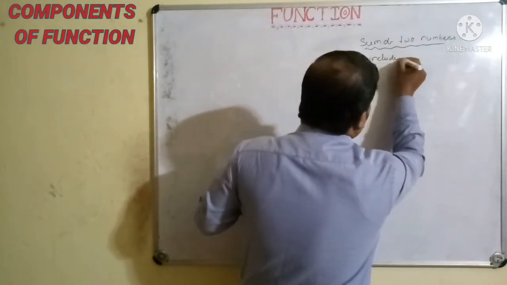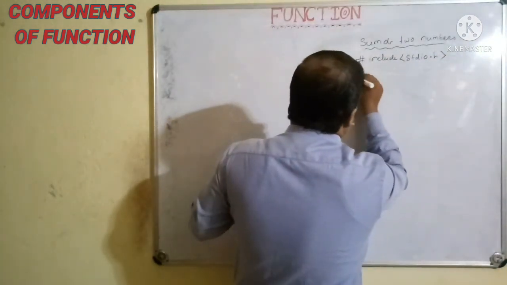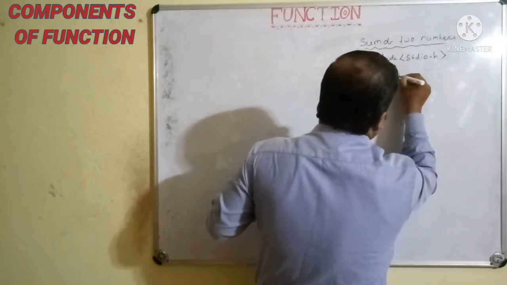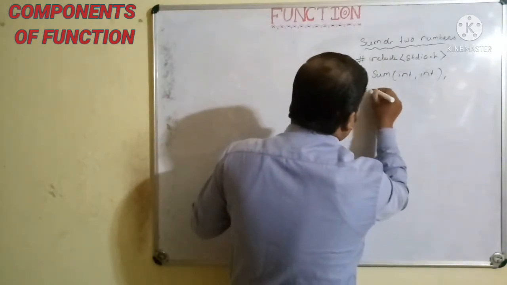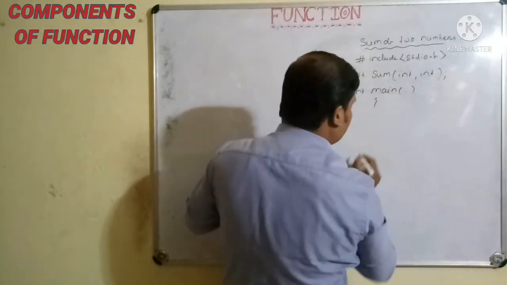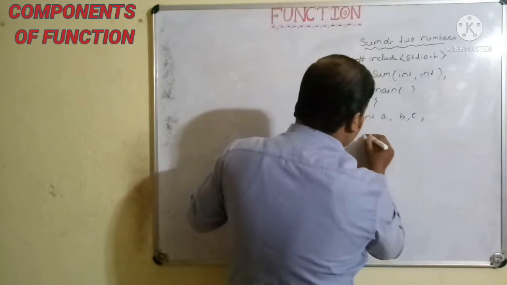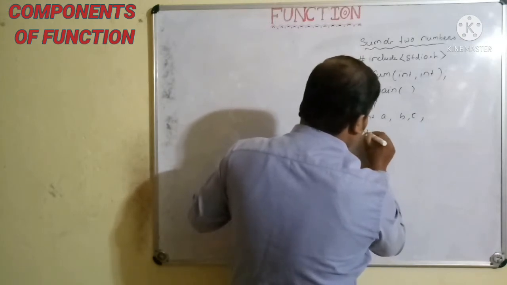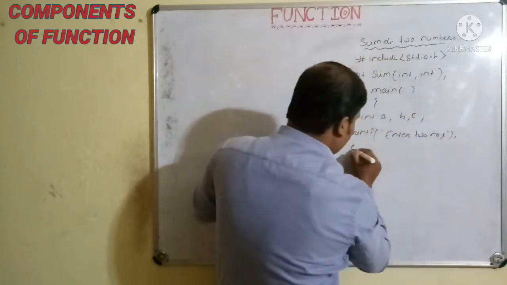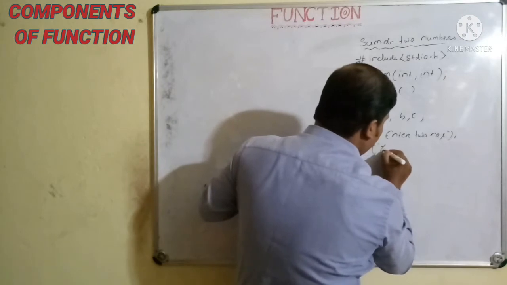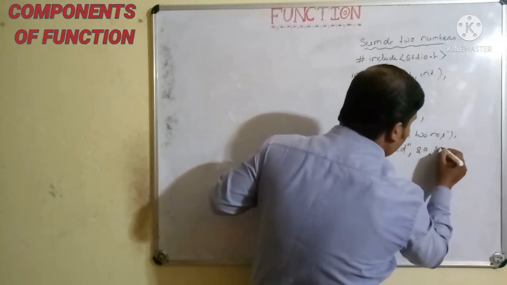#include <stdio.h>, then int sum(int, int); then int main(), then int a, b, c; then printf("Enter two numbers"); then scanf("%d %d", &a, &b);